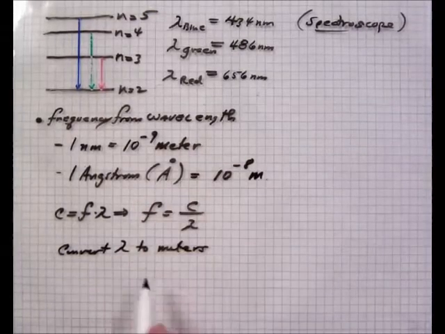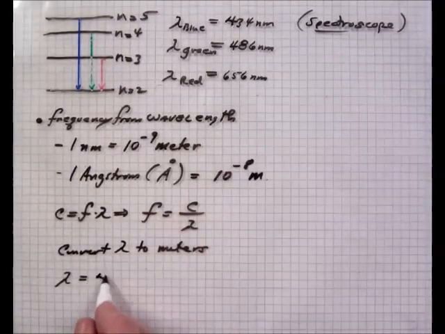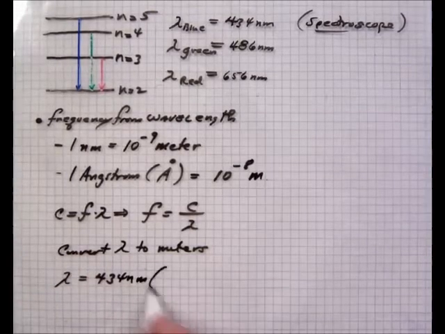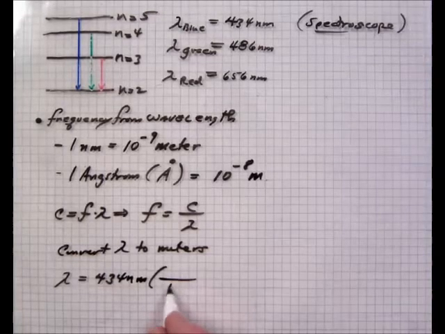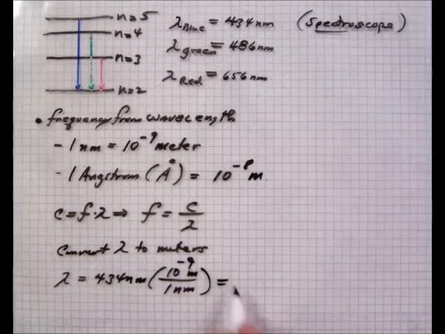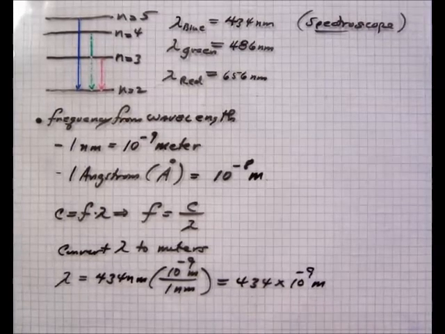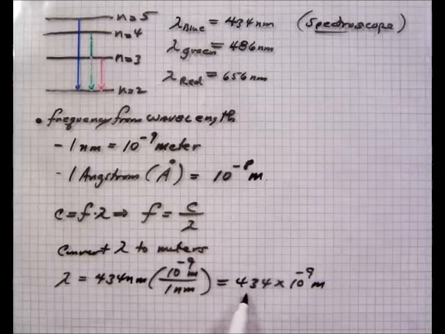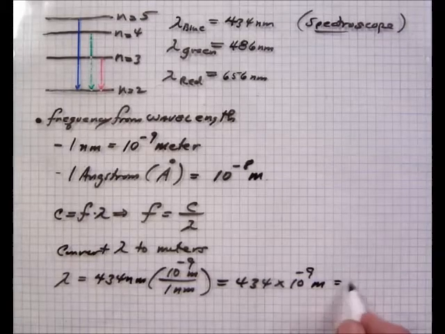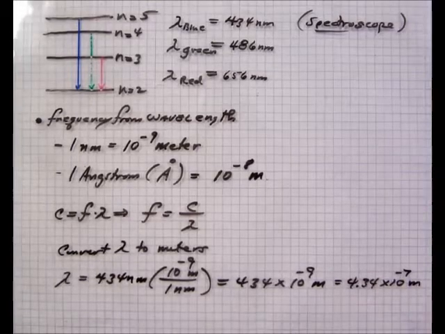As we go through this, it's pretty straightforward. Say we're working with the blue wavelength, lambda equals 434 nanometers. Per nanometer is 10 to the minus 9th of a meter. So that's 434 times 10 to the minus 9th of a meter. To put it in standard form, we move the decimal back to the left 2 places, and that adds to the exponent. So that's 4.34 times 10 to the minus 7th of a meter for the blue light.